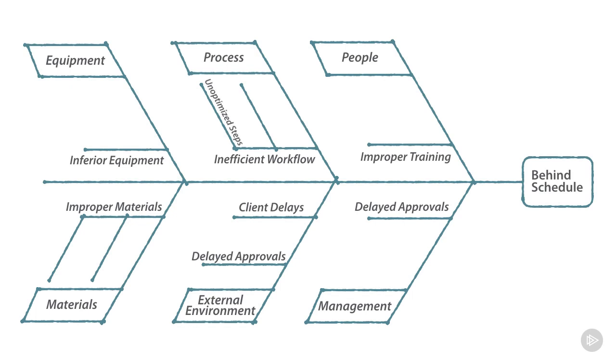Here we also see several secondary causes. If it's the inefficient workflow that's to blame, perhaps the steps that we follow haven't been optimized properly. Or maybe we're doing some duplicative work and we could simplify on the type of work that we're doing. If it has to do with materials, is it that the quality is poor? Or perhaps that we're using the wrong materials entirely?